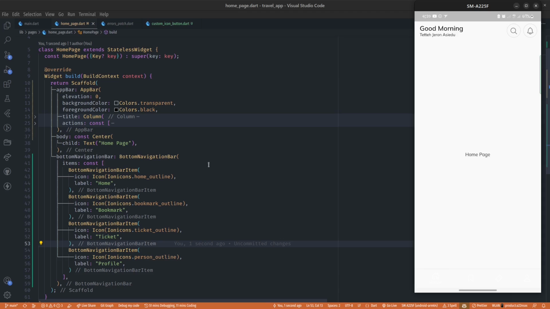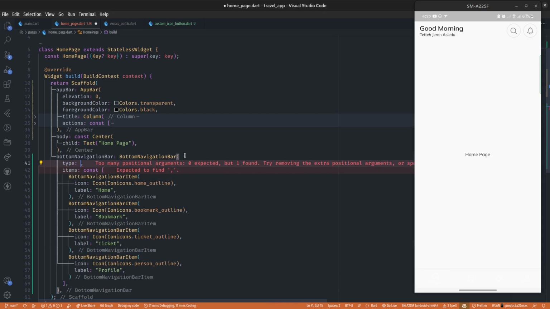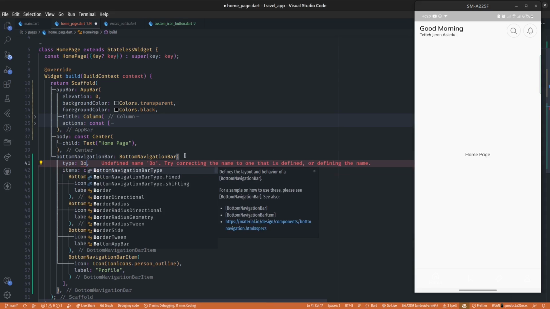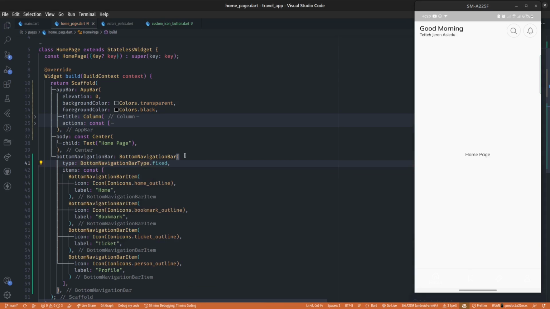So in order to fix that, within the bottom navigation bar we have the type property, and we can change it to bottom navigation bar type.fixed, and that will fix that for us. And we also want to remove the labels, right? So although you don't want to have the label, you have to still bring it in the bottom navigation bar